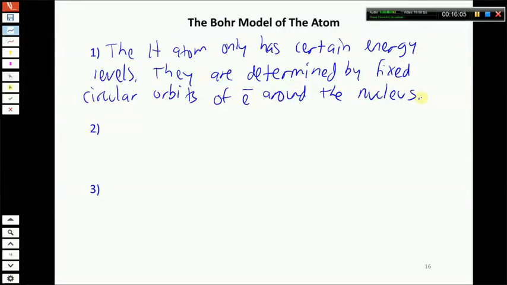Now his model doesn't really explain why that is. It doesn't explain why the electron doesn't eventually just crash into the nucleus, as you would expect when two oppositely charged particles are close to each other. But this was his proposal, that the electrons orbit around the nucleus and there are only certain distances from the nucleus that they can be at. Alright, so that was his proposal, and then